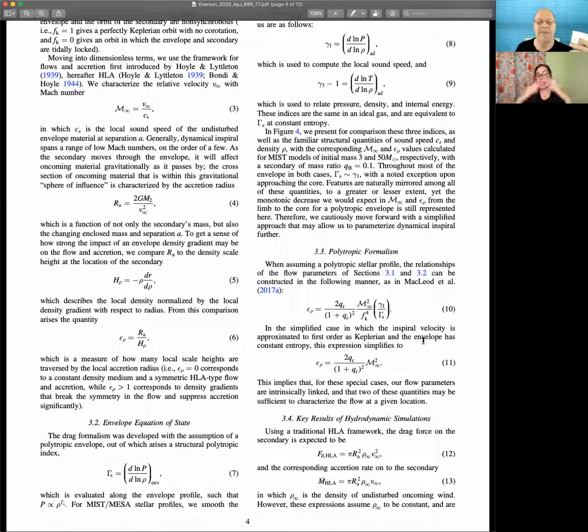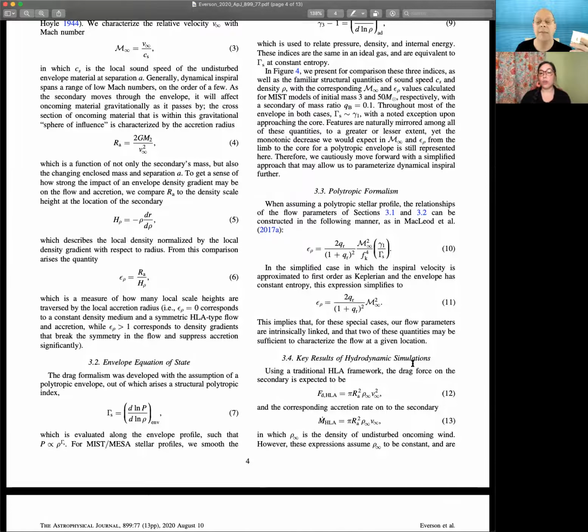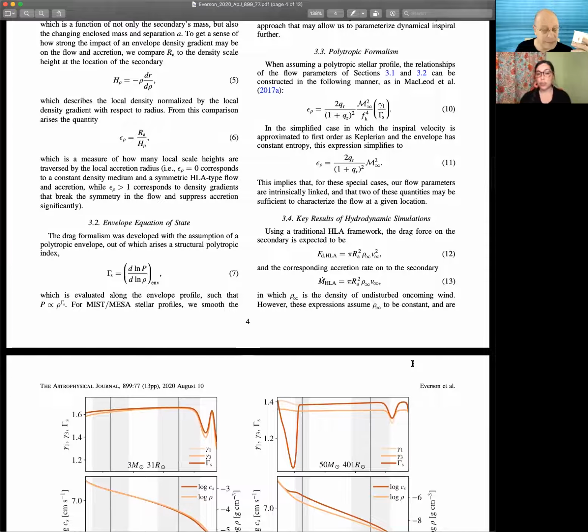But any epsilon rho that's greater than 1 is going to give you a density gradient that is completely going to change the shape of the shock and is going to lower your accretion and all of those things. So it's interesting when we look at what our epsilon rho values are, because you can see that in any dynamical inspiral, we should assume that it's not symmetrical within this range anyway, with our mass ratio less